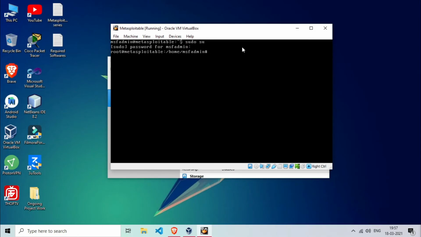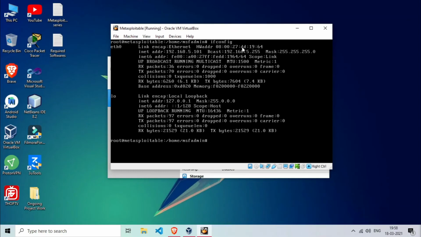And after that we have the super user access now, so we can check what IP address is assigned to our virtual machine. For that we will type ifconfig and then hit enter. As you can see, the wireless adapter which we have bridged will be seen as an Ethernet adapter in our virtual machine.